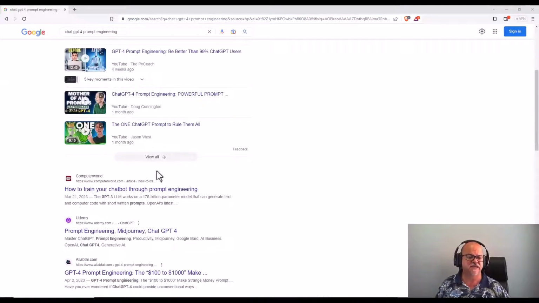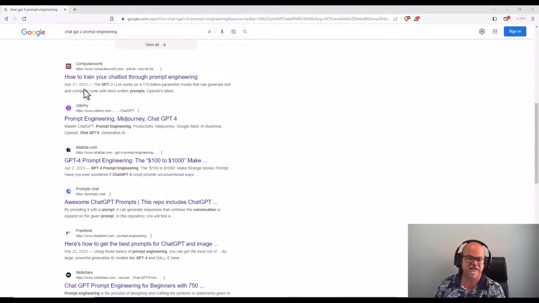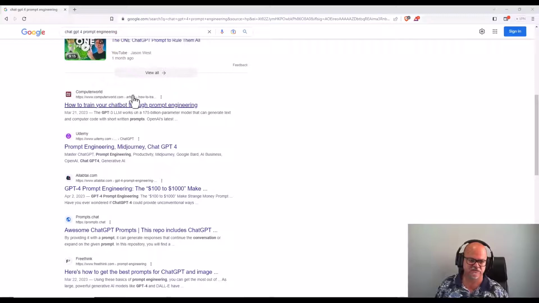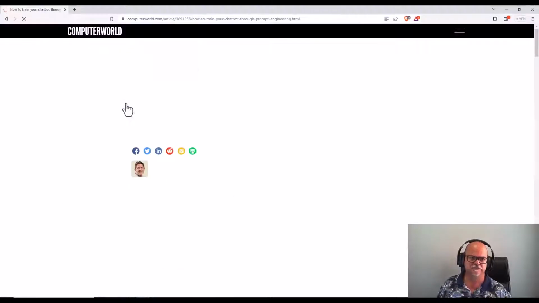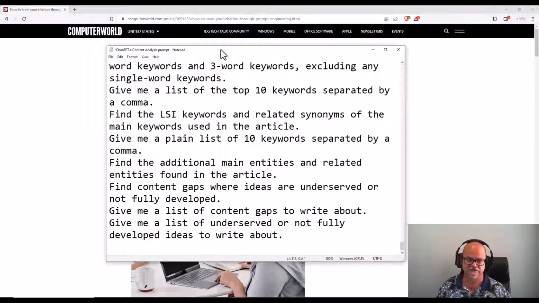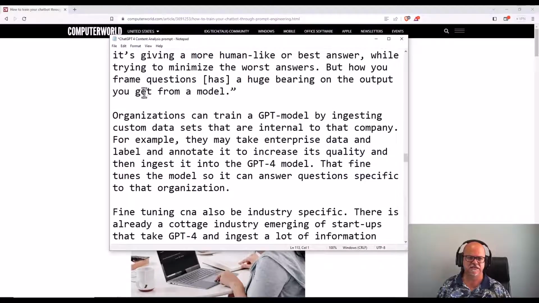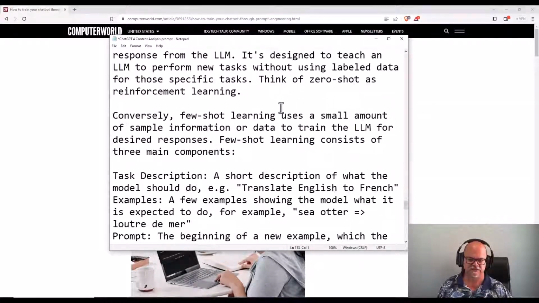And here it is. But the top ranking content for this is computer. That's from my IP. I'm not signed in, and so this is what I get. If you're signed in and in a different IP and according to your settings, it might be different, might be the same. These are the top articles. You can analyze these one by one. But here's what I want. I want the actual article and I want the content, and I went ahead and copied. Excuse me for looking away, I'm on another screen. But I went ahead and loaded the content into a notepad. That's what I like to do.